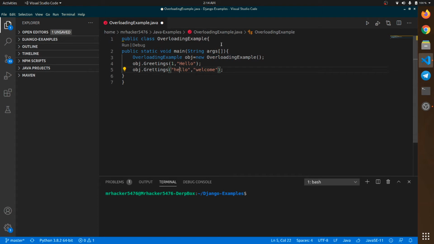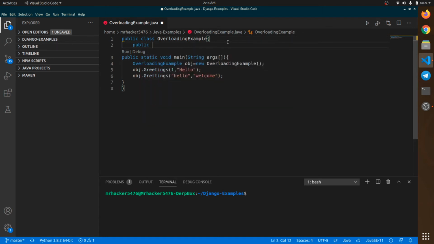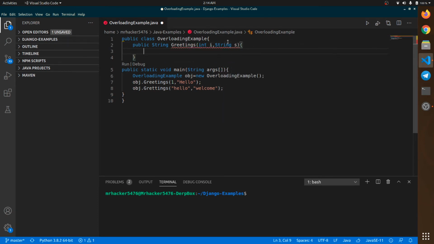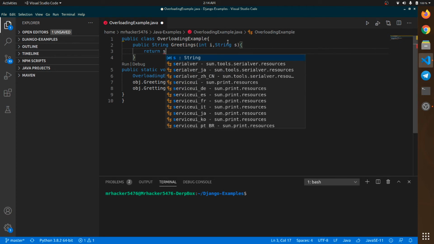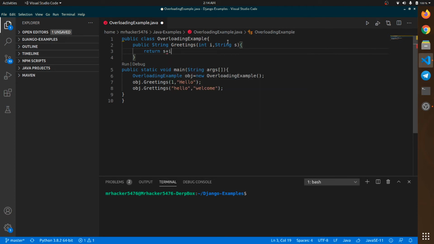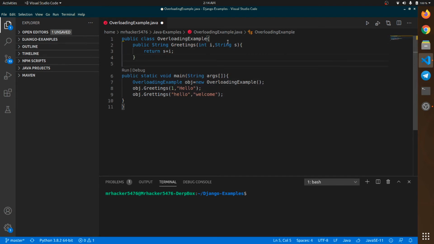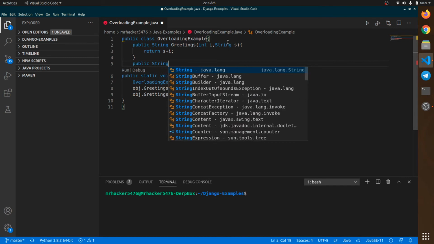So now let's create our method first. Okay, so public String, and let's define our second method.